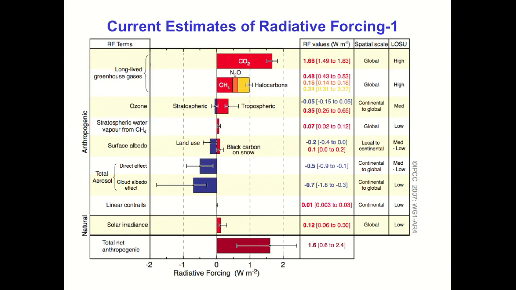Also, we want to know what's going on in the stratosphere, because that's a good indicator potentially of what's happening in terms of global warming, in terms of the cooling or warming trends that we discussed in the last lecture. That's slightly positive, for reasons we discussed previously. And then of course we've got these natural cycles, mainly changes in solar irradiance, and you can see that that's actually pretty small compared to all those main drivers. If we add up the total anthropogenic radiative forcings, we end up with about 1.6 watts per meter squared.